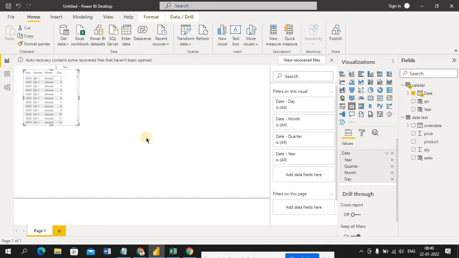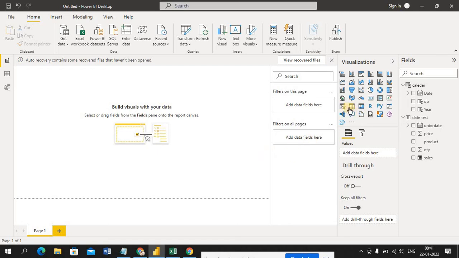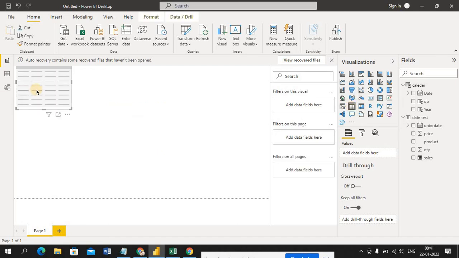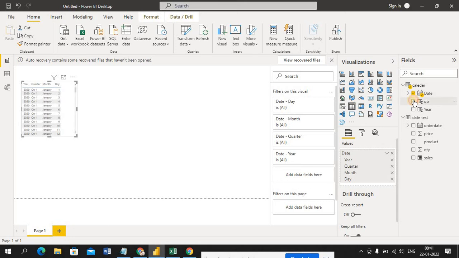Okay. Now this is the table. So first I'll show you the tools, if you have any. I'm selecting this table because I want to see this data individually. Select this table, keep it here. This is one table, and these columns belong to this table and this column belongs to the data test table. Okay, I'm just selecting this, just select quarter.